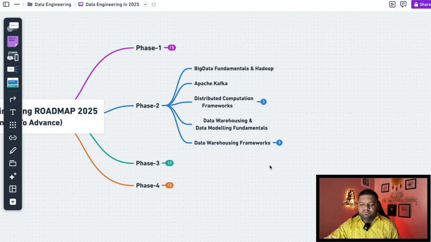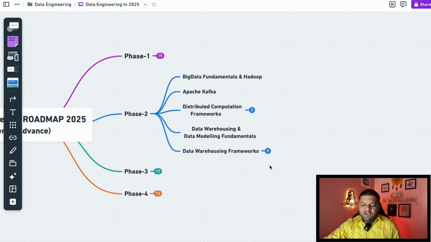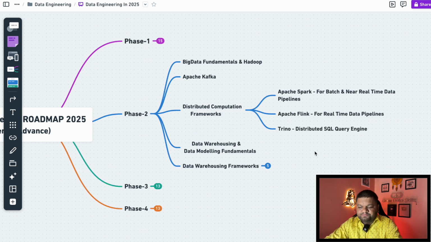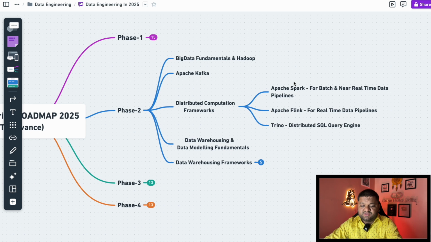Then coming to the distributed computation frameworks, like what kind of frameworks you will be using to process the terabytes and petabytes of the data, right? And again, whatever you are going to learn here, that should be practically implemented, not just the architecture or theoretical part. No, that is not going to help. So here, Apache Spark, we all know for the data engineering profile, this is a must to have thing nowadays.